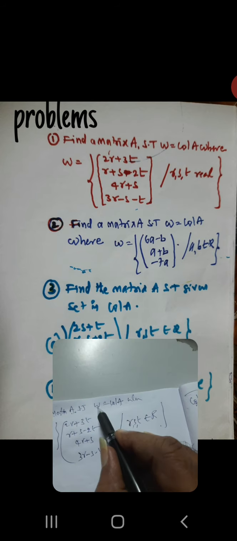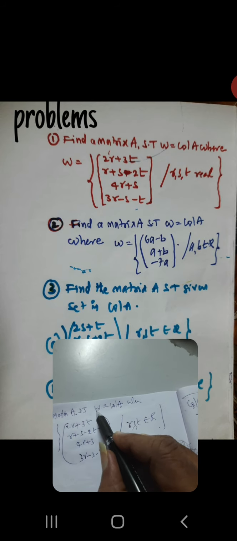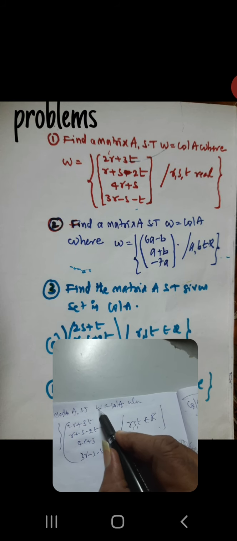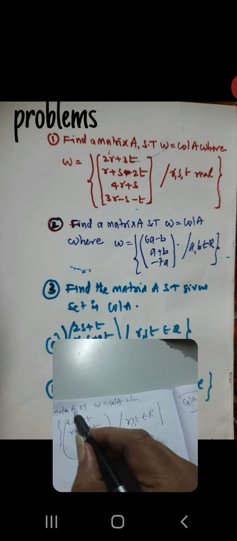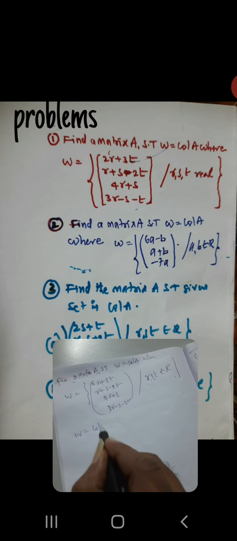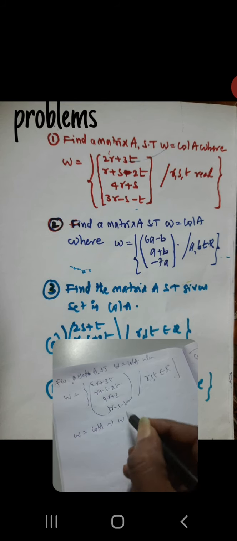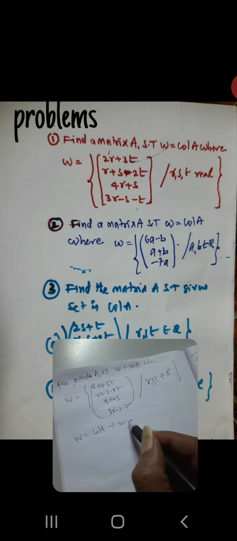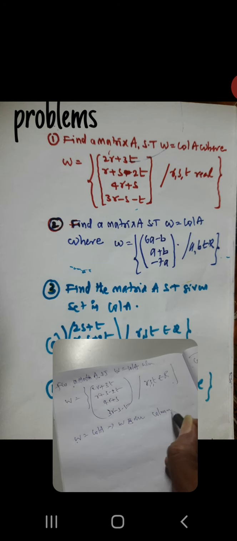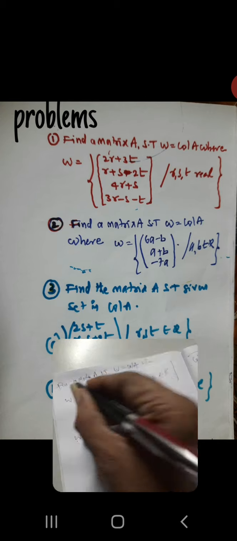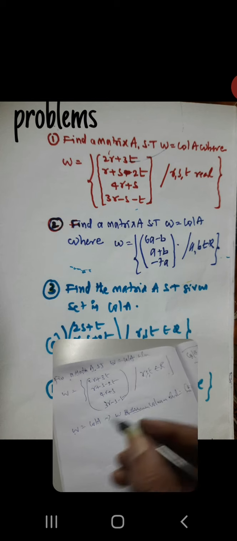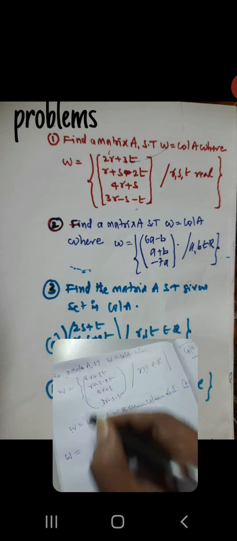Similarly here, W is the column space of A. You prove this: W is a linear combination with the column matrix. W is Col A means all elements in W are spanned by the column vectors of A. This is the condition. Write this same condition: W is the given set.